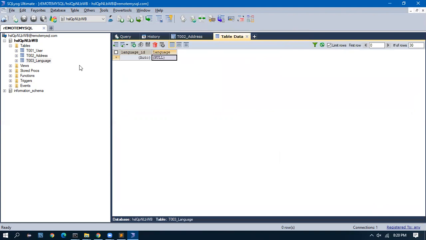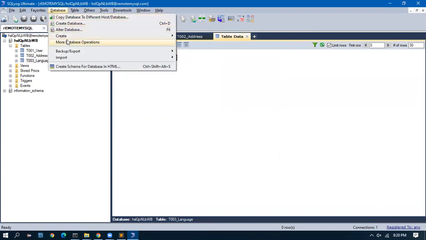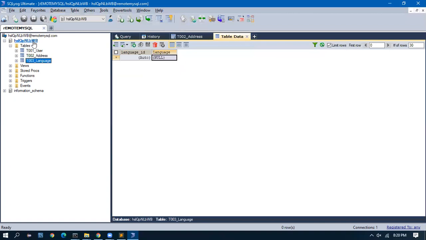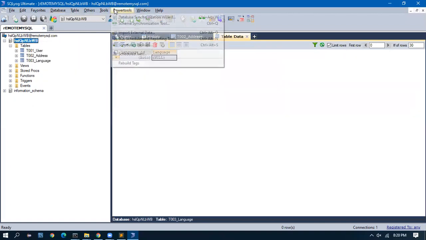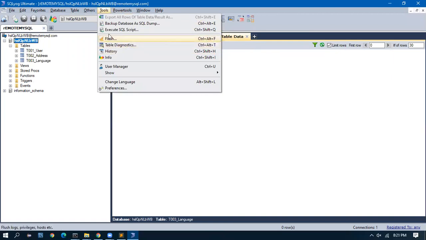Now, before I proceed, there is something known as a database diagram. If we go to right click, not here, power tool, schema tools.